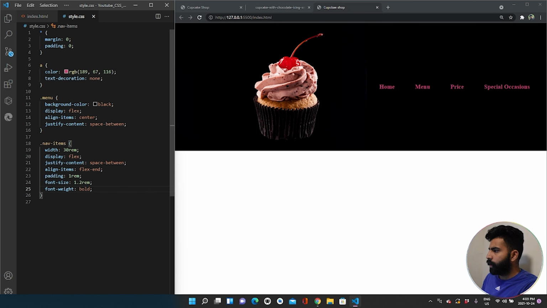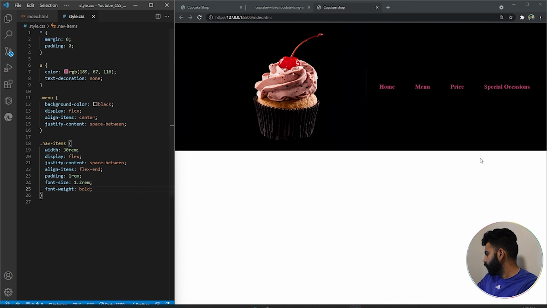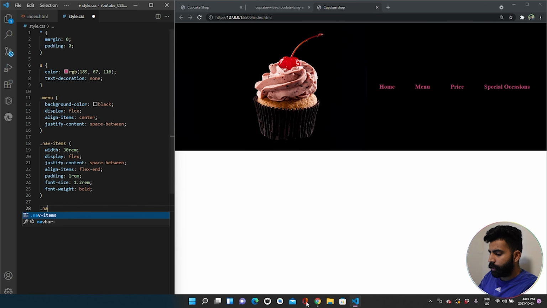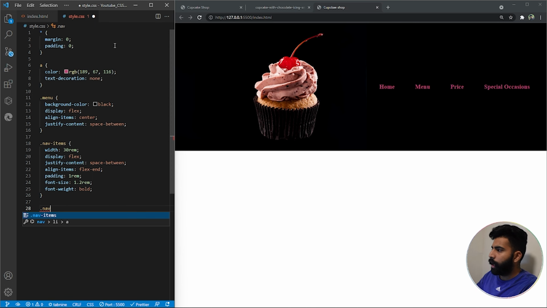So I use bold here. Now the text will look bold. Yep, nav items is pretty much done. Now it's the next time. Next thing to do is nav item to grab